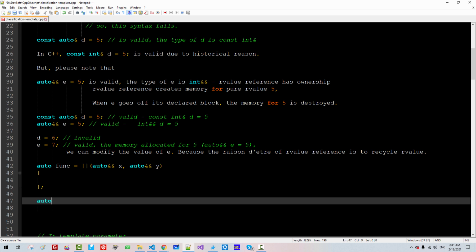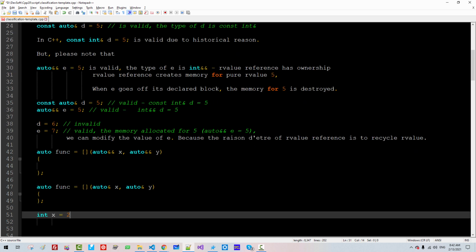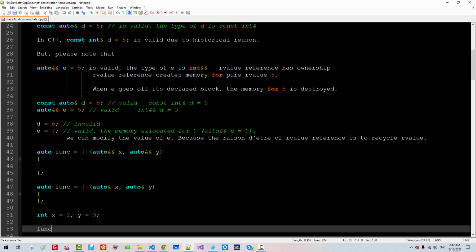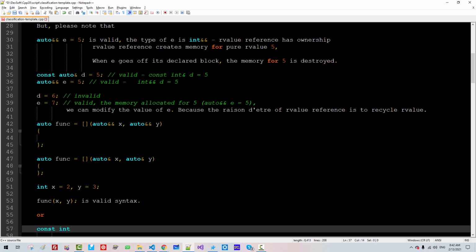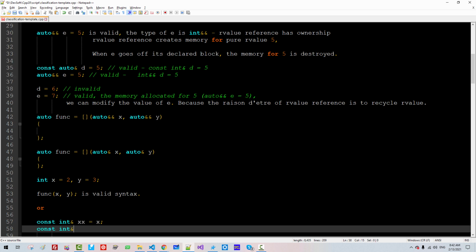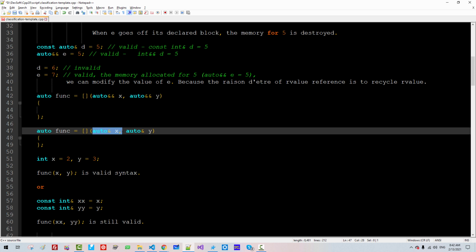If I create auto fun, auto x, auto y, with int x 2, y 3, fun x, y is valid syntax, or constant int L value reference xx, constant integer L value reference yy, fun xx, yy is still valid because in this case